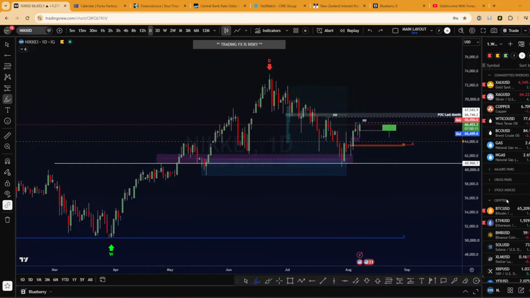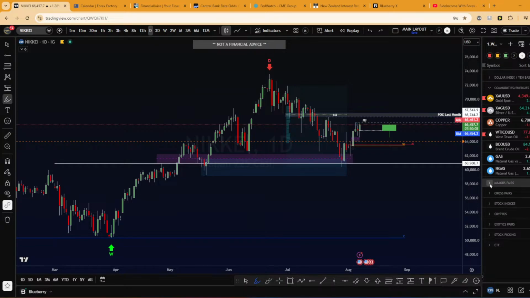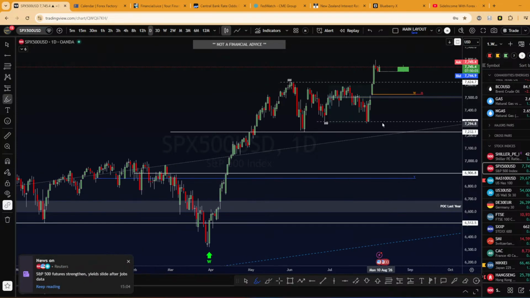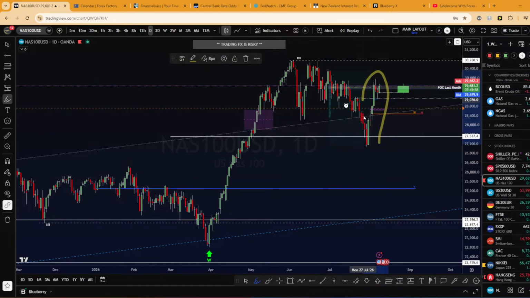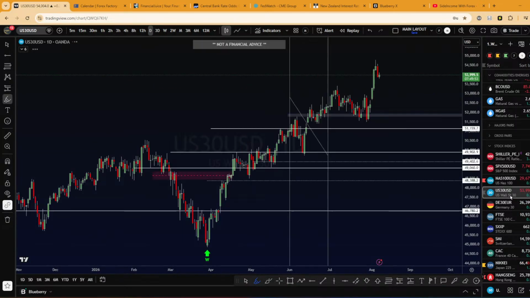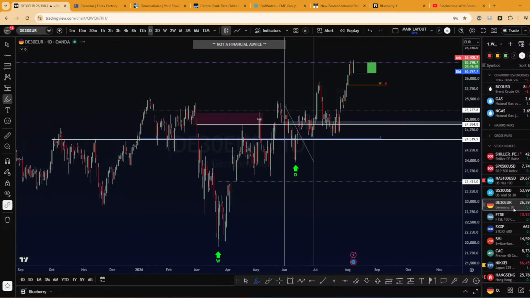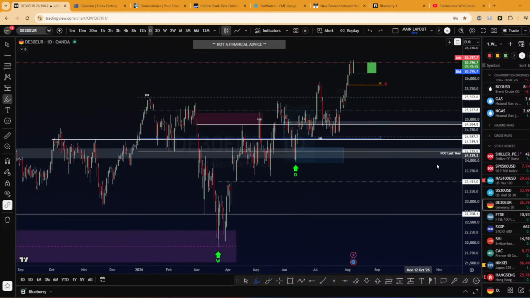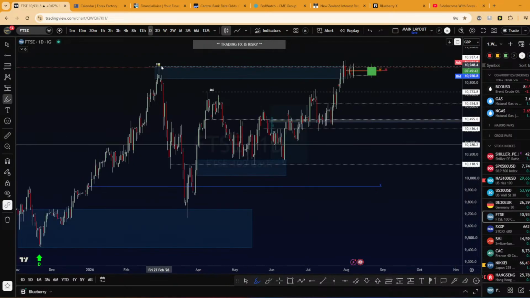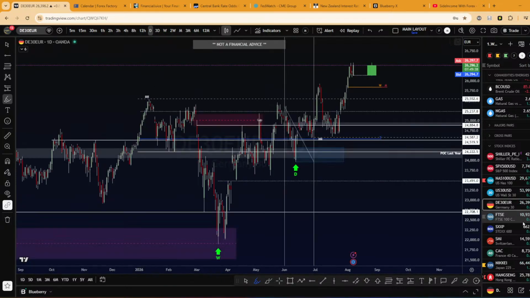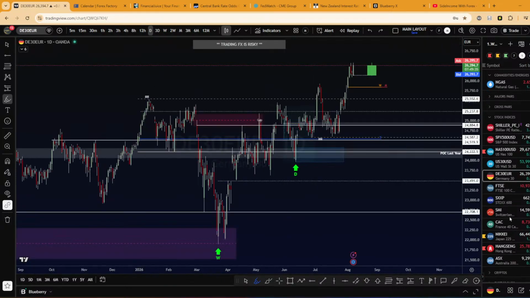Let me see the S&P, stock indices. Yeah, a lot of bullish risk on. We are in risk on indices in the United States. You see a lot of bullish movement. Even the US 30, we are pretty much at the all-time high. On the DAX, same thing, all-time high. The FTSE, pretty much at the all-time high. So I would say we are in risk on.